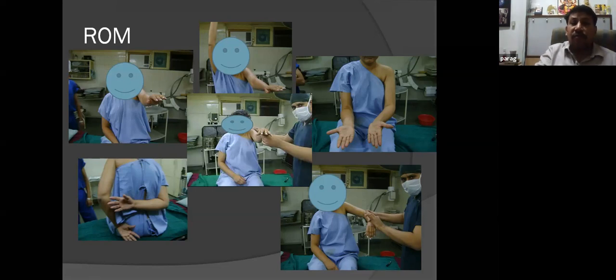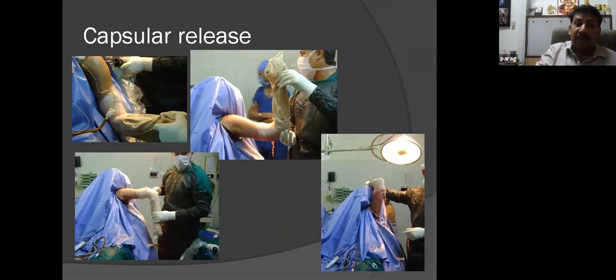And the importance of documenting this immediately before surgery is that this is after we do an arthroscopy and release it. This is the kind of motion we get. So instead of an internal rotation contracture, we get about 45 degrees of external rotation. There is full ABER and ABIR, and there is a full forward elevation all the way up. So you can compare what you had before and what you have immediately intraoperatively.